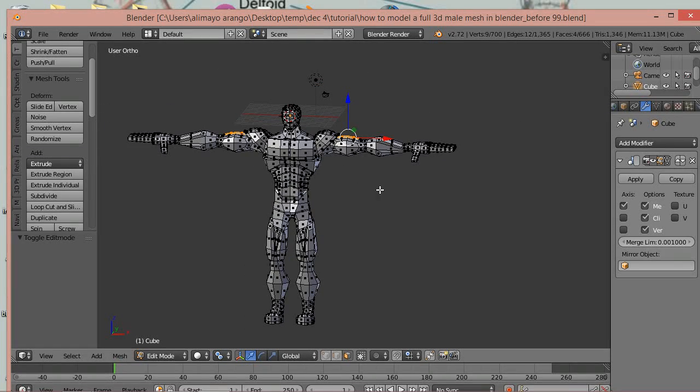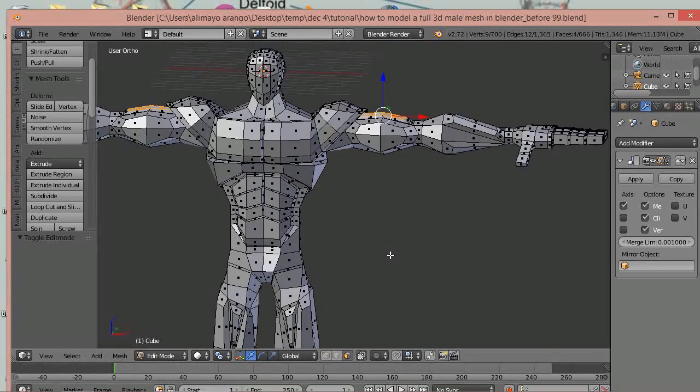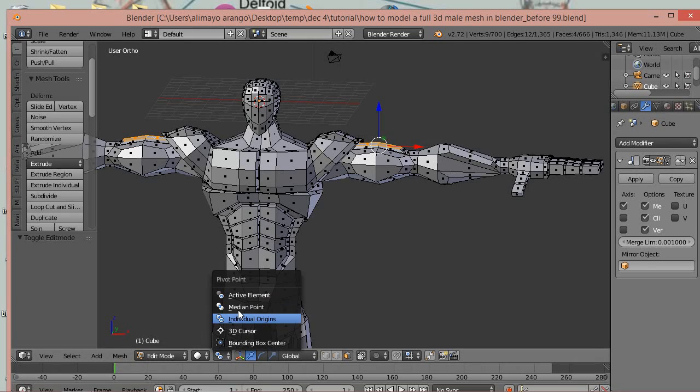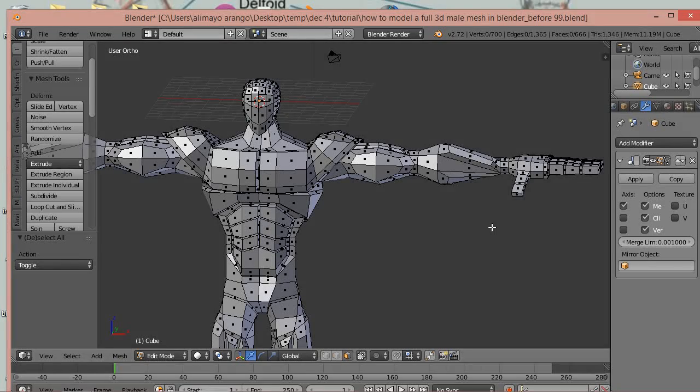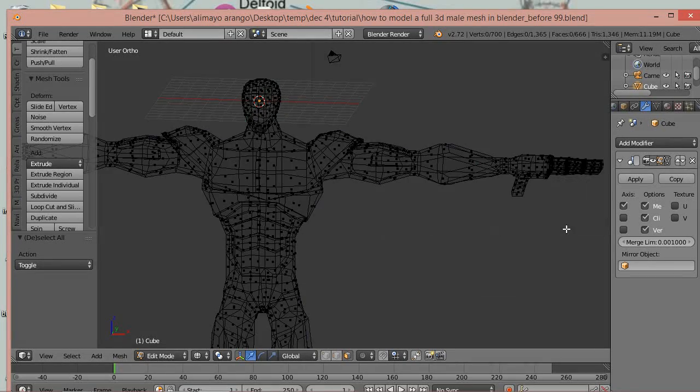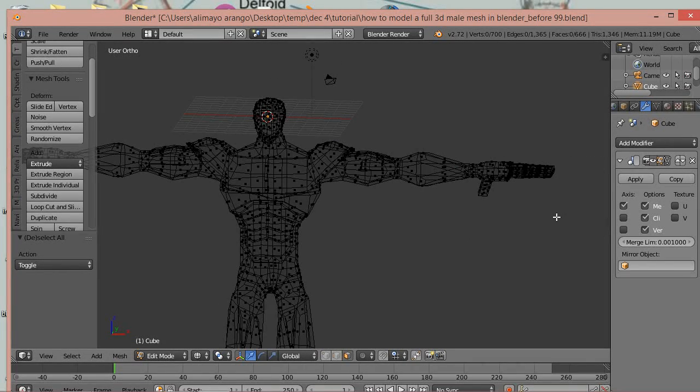The arms are looking kind of long, so I'm actually going to zoom in here. I'm going to click here, change this back to the medium point. I'm going to press A to deselect there. I'm going to press Z so we can go to wireframe mode. I'm going to hold the control button and the right mouse button so I can do a loop select. And I'm going to select all of